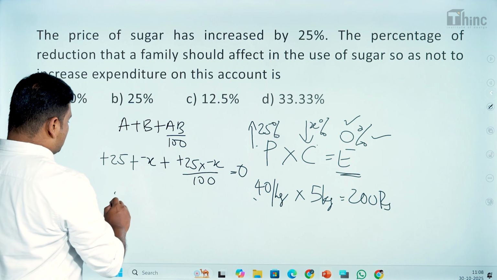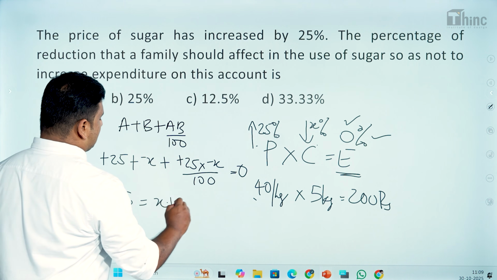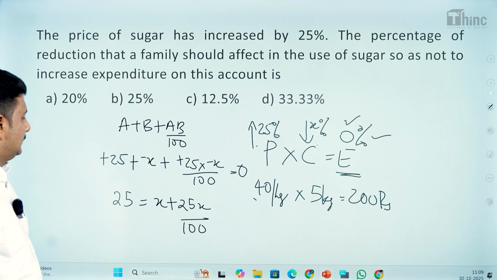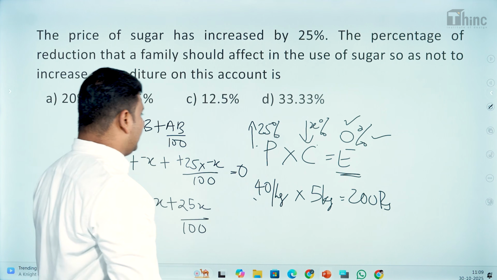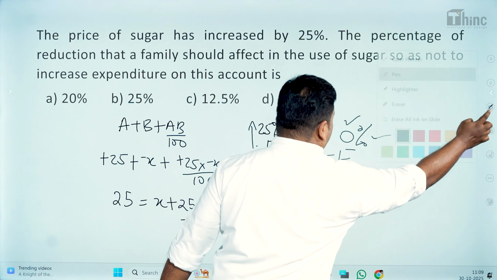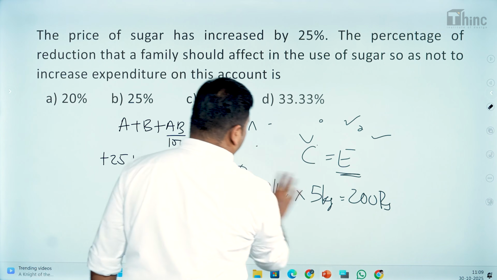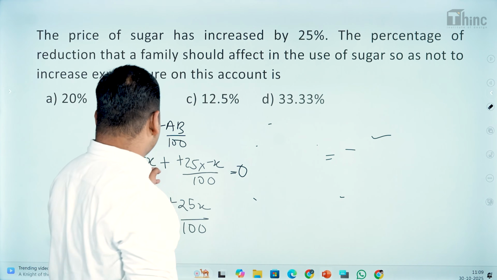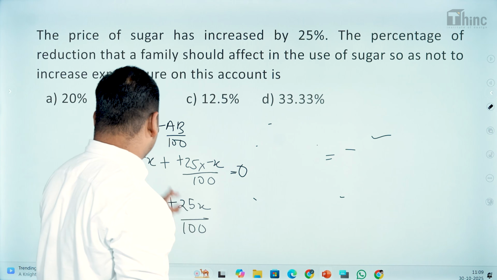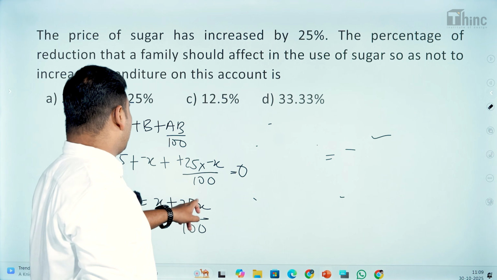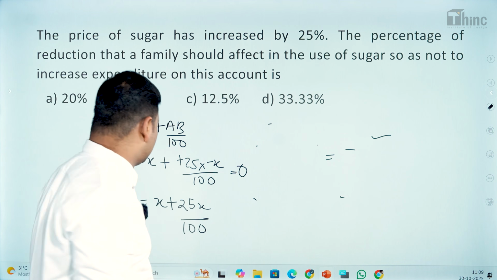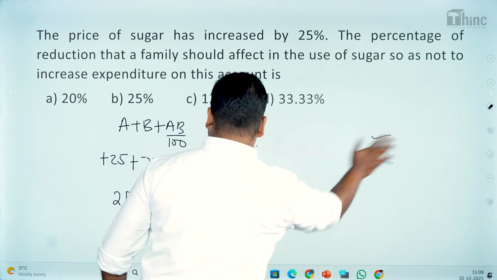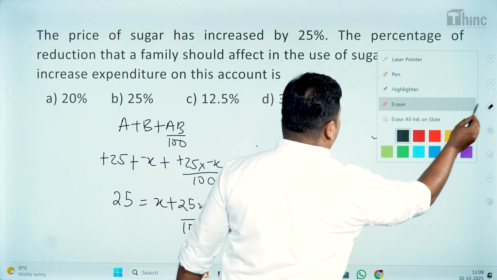So what will we get here? So we'll get 25 equals X plus 25X by 100. Clear? So we are going to find the X value from this. What we did is, we just transferred all the X terms to the right hand side, that's it. So minus X becomes plus X, minus 25X by 100 becomes plus 25X by 100. So what will we get here on the right? So 25 equals,